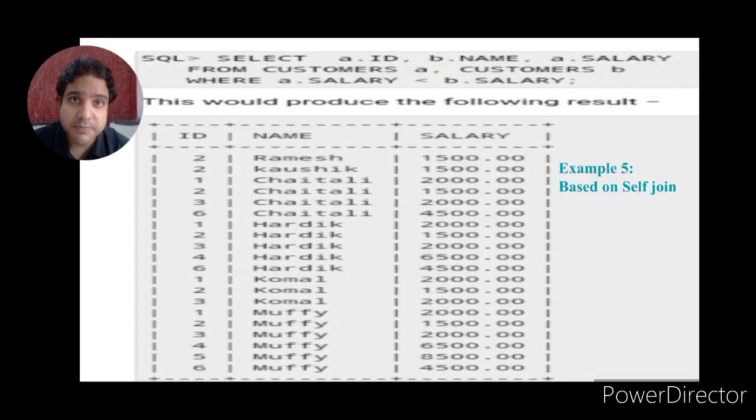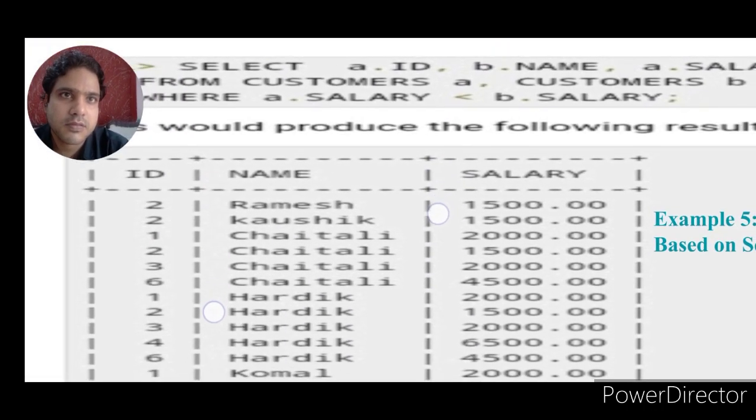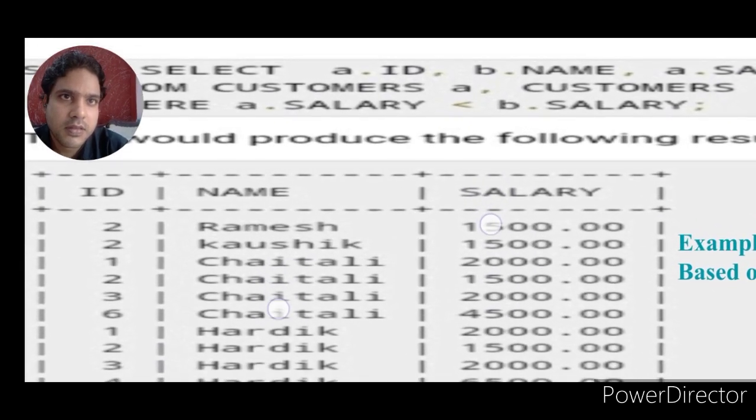This is a very important part, the self join. Here we consider a single table, and this table is virtually divided into 2 tables, named A and B. Select a.id.